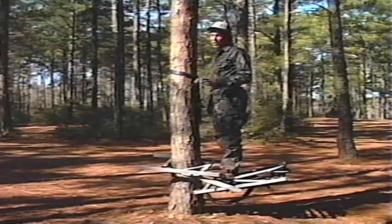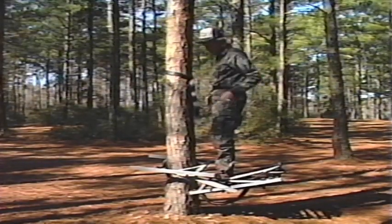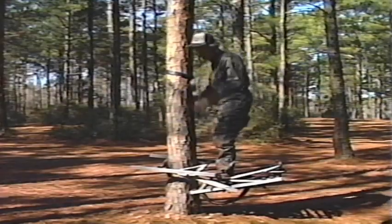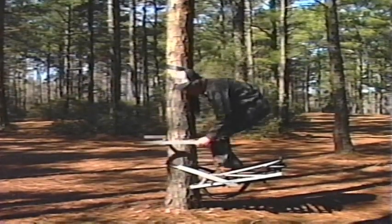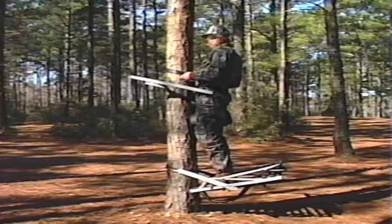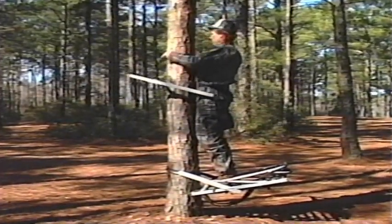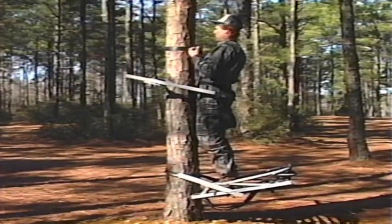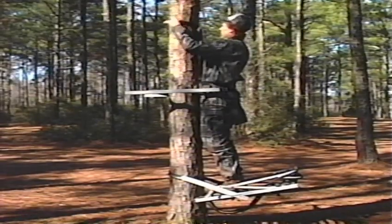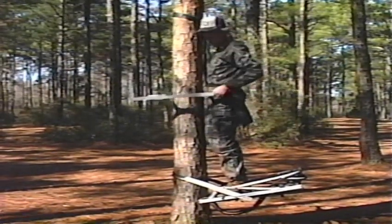Okay, this is where the magic begins. To me, it's the most fun. You got your fall restraint belt on, you're up against the tree, you got your heel straps on, you got your climbing aid. All right, here's how you do it. Reach down, get your climbing aid. Now what we want to do is move this fall restraint belt up the tree as far as it'll go so you can climb comfortably. And I'm going to give you a little tip. I don't give this to everybody, but since you're here with me today,